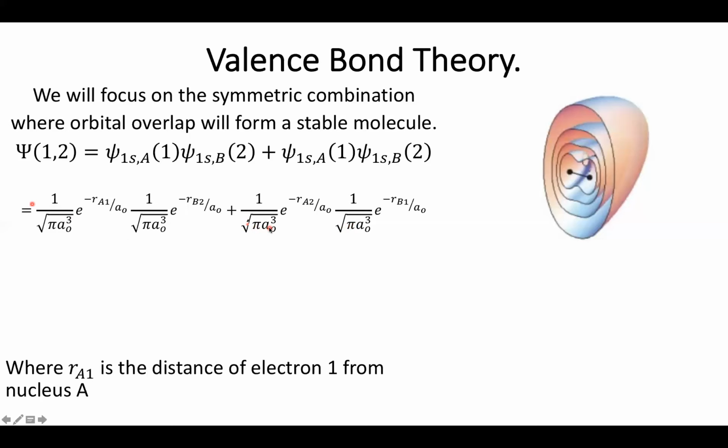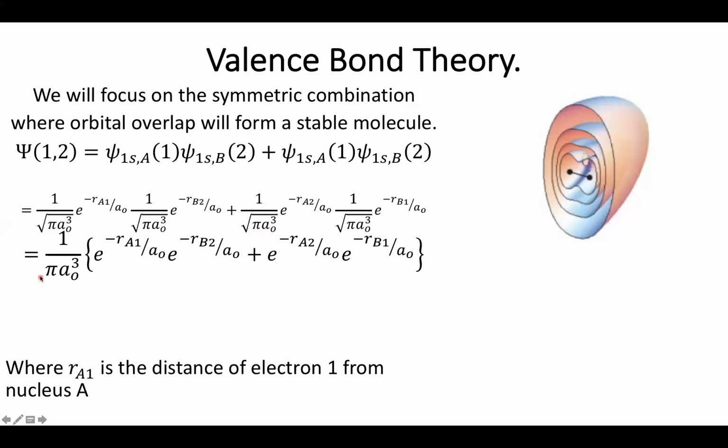So I can multiply these two together. That gets rid of the square root, and then I can pull it out front. And when I do that, I get this nice constant out front, which I'm not going to worry about too much because it turns out this is still the unnormalized wave function. And then what that leaves behind is these two exponential terms on either side of the additive portion. Again, these are going to be the distances of each electron from each atom center.